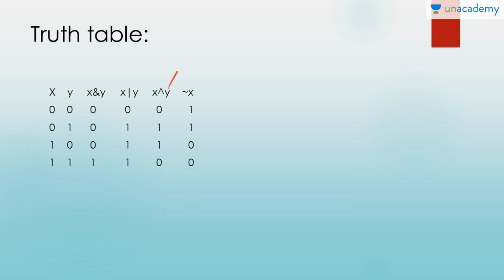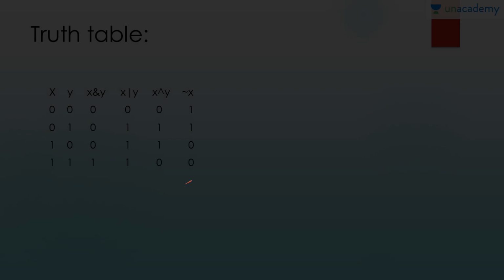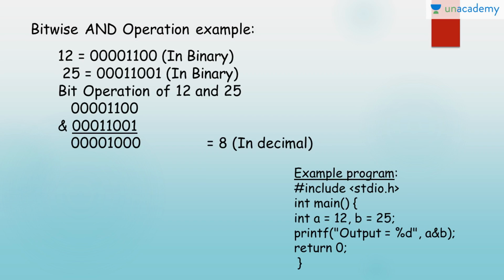In XOR logic, what happens is the corresponding bits in the operands of the input, only if they are opposite, the output is 1. Like see here, 0 1, 1 0, opposites, only then the output is 1, else the output is 0. Next comes the complement operator. Here what happens is, if input is 0, output changes to 1. If input is 1, output changes to 0. So see here, 0, 1, 1, 0. Keeping in mind the previous truth table, now we learn bitwise AND, OR and the other operators.